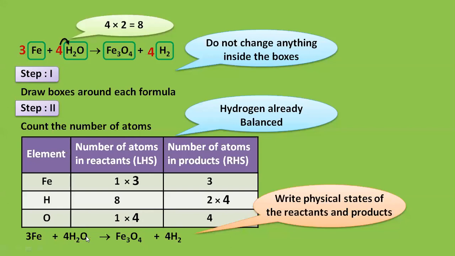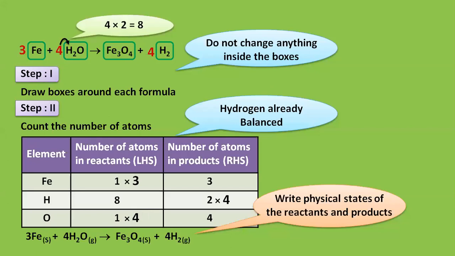And oxygen on the left hand side. Now in front, whatever the number is there, oxygen has 4 in front. So we have oxygen 4 and in the product also oxygen 4. In this way, with the help of this table method, I was able to balance this chemical equation. And once you have completed, please make sure you write the physical states of reactants and products. So let us see what the physical states of the reactants and products are here quickly.